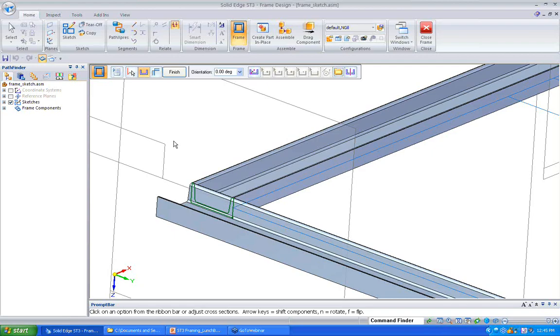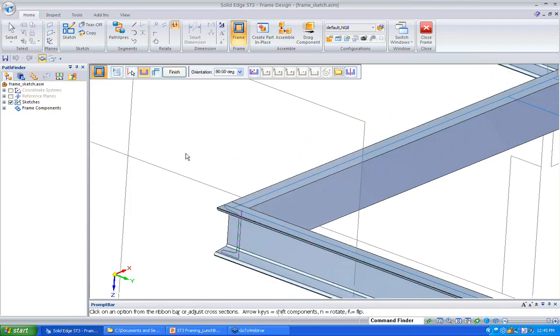If I want to rotate, last time we saw I just entered the angle, but there is a shortcut key, and that key is N. If you press N on your keyboard, the cross section is going to rotate 90 degrees. You don't have to learn this. All this feedback is down at the bottom. It tells you all the shortcuts, N for rotate and F for flip. So I'm going to press N on the keyboard, and you'll see that this frame rotates 90